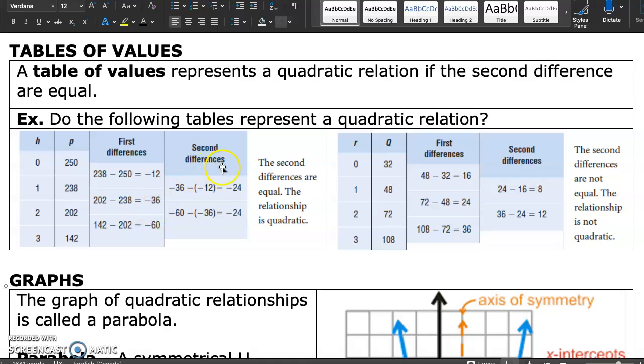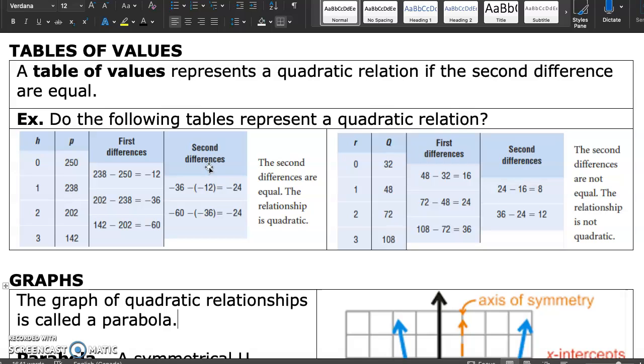But we can go a step further to take the second differences, which is the difference of the first differences. So negative 36 minus negative 12. Notice minus negative 12, we can rewrite this operation as negative 36 plus 12. So we see that these are equal in value, so therefore the second differences being equal implies that the relation